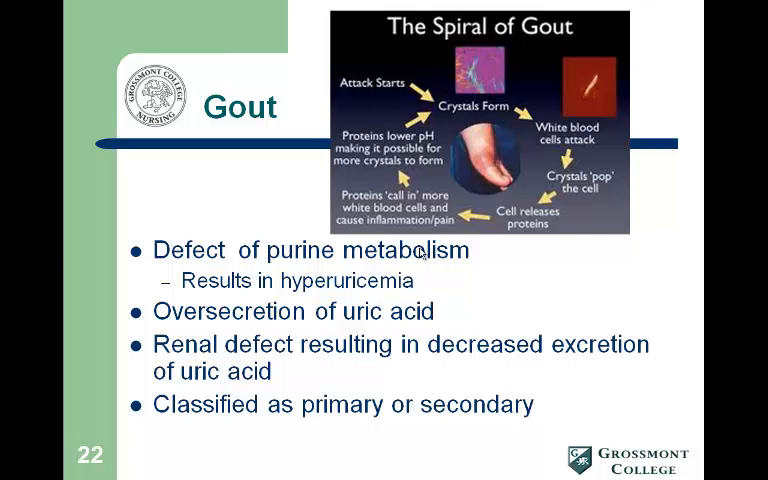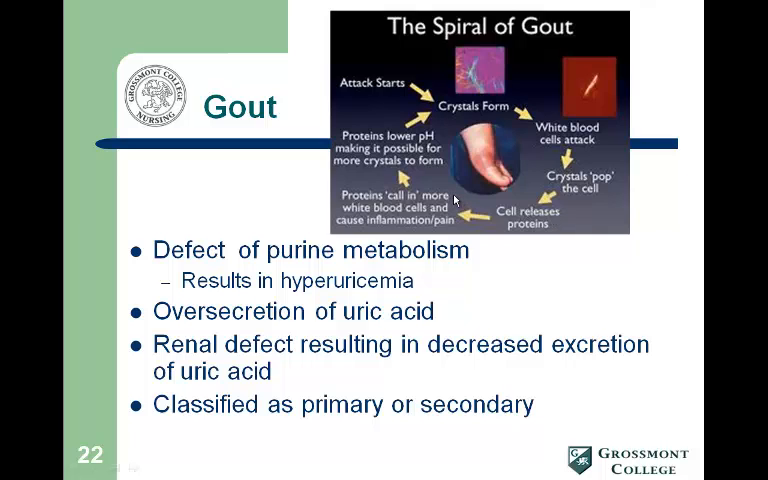So let's take a look at the diagram here, the spiral of gout. Okay, so the attack starts here, and we get these crystals that form. Then the white blood cells attack them because they're foreign, they shouldn't be there. The crystals pop the white blood cells, which release proteins. And remember, what caused the problem in the first place is proteins, or purine. So then these proteins that are out there